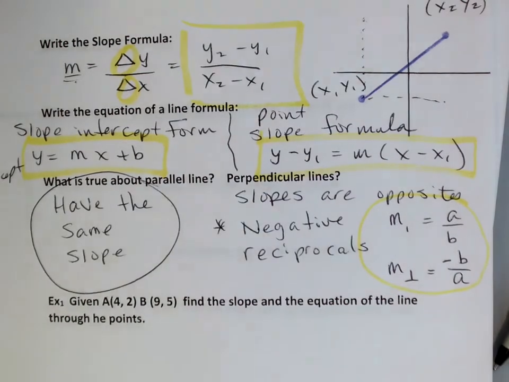Okay, so it's M1 for the first slope. This is M perpendicular, okay? So real quickly, I'll give you an example. Again, the hard part about math a lot of times is you get all these symbols. What do they mean, right? What does this mean? Well, A over B, negative B over A. The word reciprocal means upside down, and then it's the negative, right? So as an example,